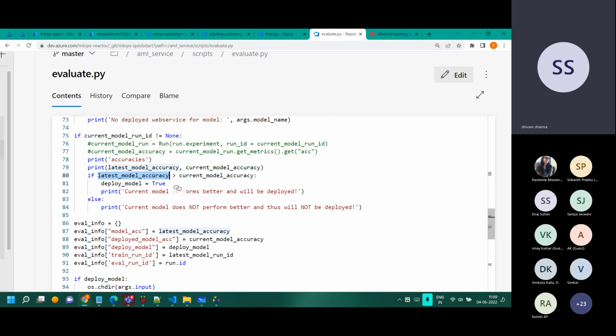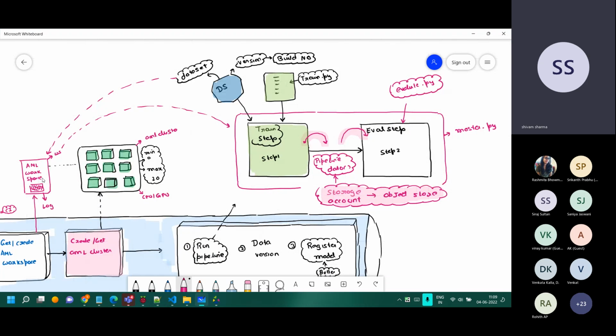So we get the latest model accuracy. We get the old model accuracy from the AML workspace. We say, okay, get the old one from there. Can it be accuracy? Can it be any other metric? It's up to you. Which metric are you working with? Which metric have you saved earlier? If it's a regression, you will have different metrics, and classification has different metrics. What you have there is what you are comparing today. So that part is happening in this evaluate step.